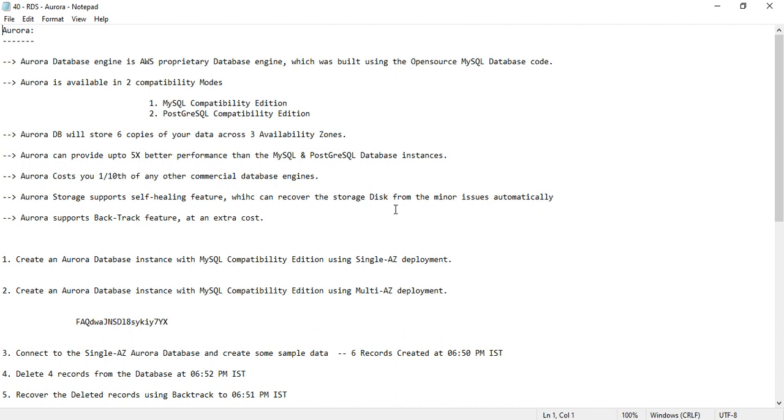Once we create our database in Aurora, how will the database be stored? Aurora DB will create 6 copies of your data across 3 availability zones, which means in each availability zone, 2 copies will be stored. And Aurora provides 5 times better performance when compared to the MySQL compatibility edition as well as Postgres